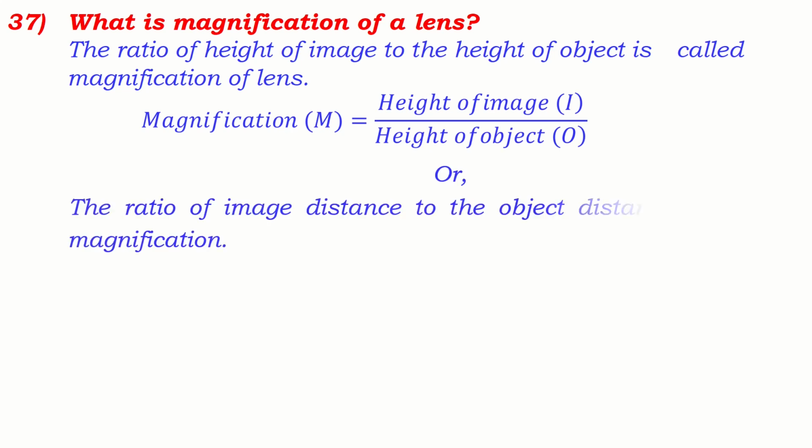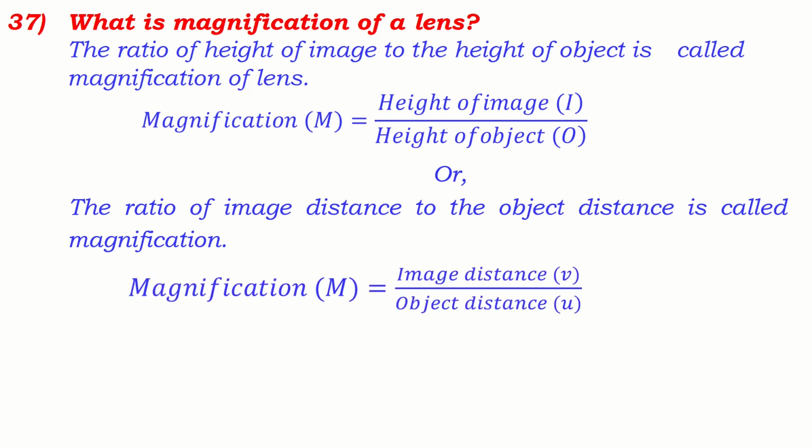Or we can write this way also: the ratio of image distance to the object distance is called magnification. There are two different definitions, both can be written, and according to the second definition we have this equation: magnification m is equal to image distance by object distance. These equations are used in the